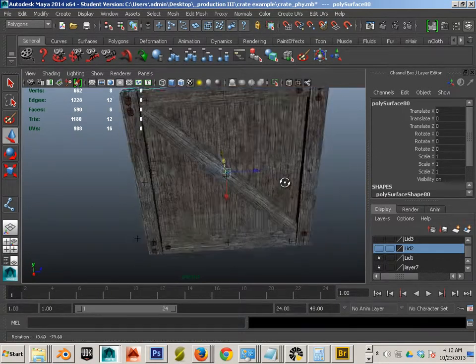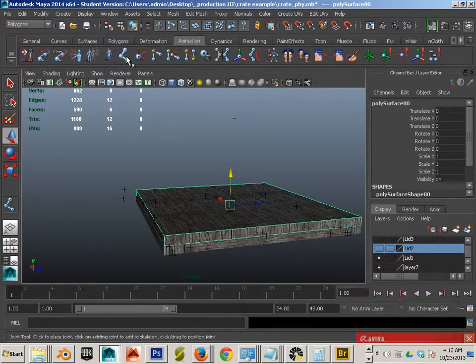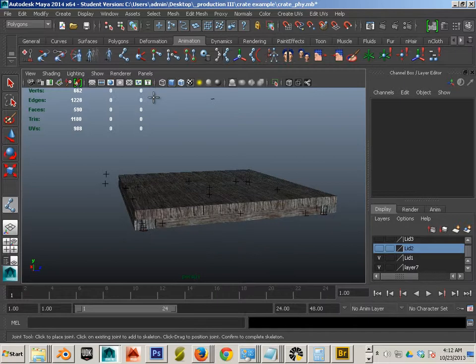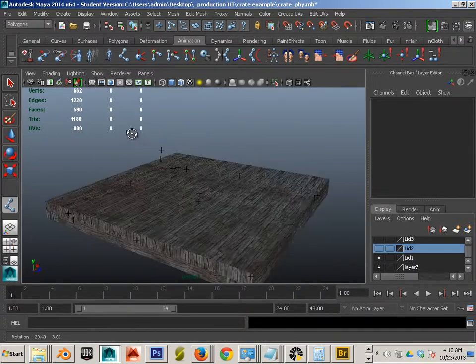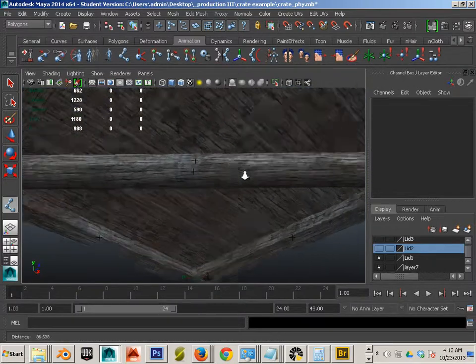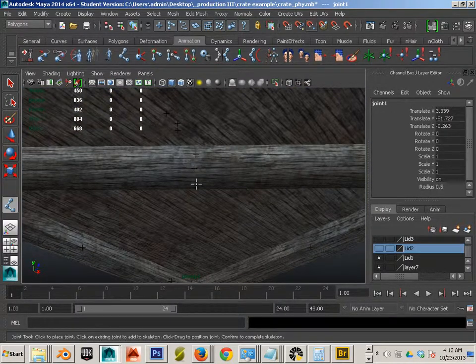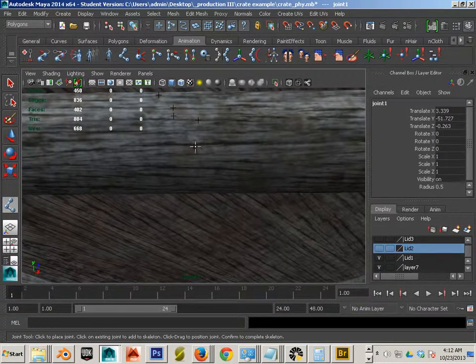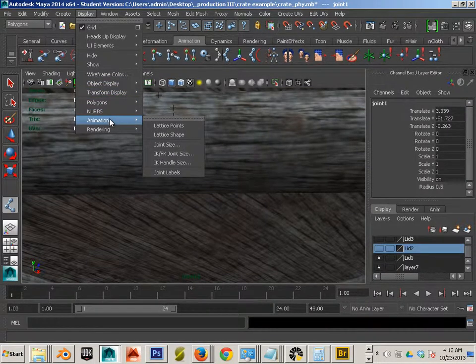Alright, so now let's skin this. We're going to go into animation mode and go to bones. I'm going to use the bone making tool, but I'm going to hit V on the keyboard, and what that's going to do is point snap the bone to this. Now the bone is really small, so we're going to have to go into animation joint size